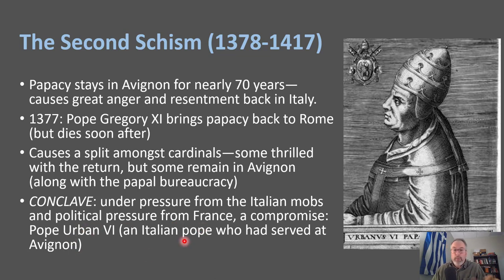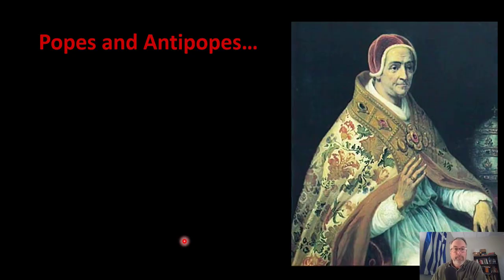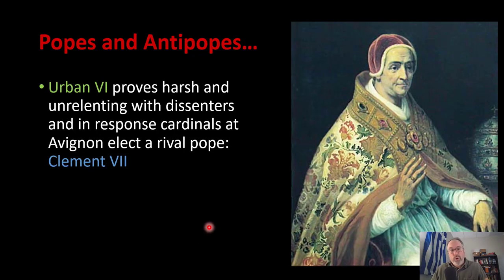And so they thought that, okay, this is a guy who can bridge that divide. People think, okay, finally, this is agreed. We have one pope back in Rome, and we can move forward from here. But Urban VI himself is very bad at diplomacy, and he deals really harshly, and sometimes deadly, with people who opposed him. And so it's just another kind of bloody mess.